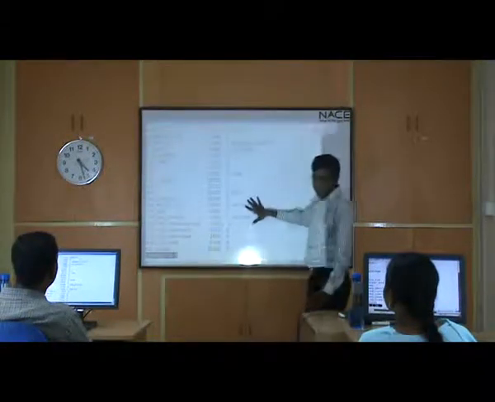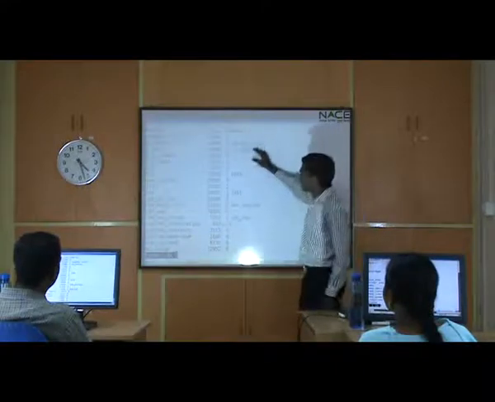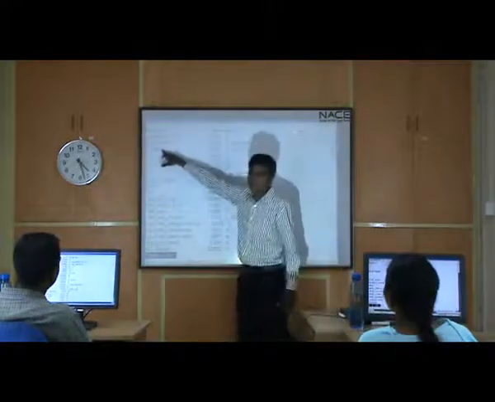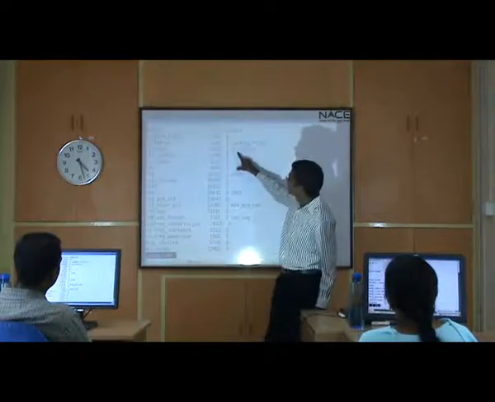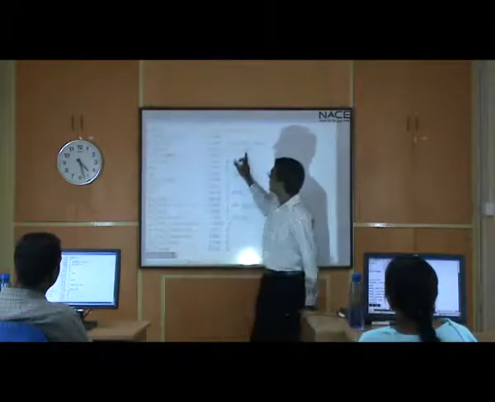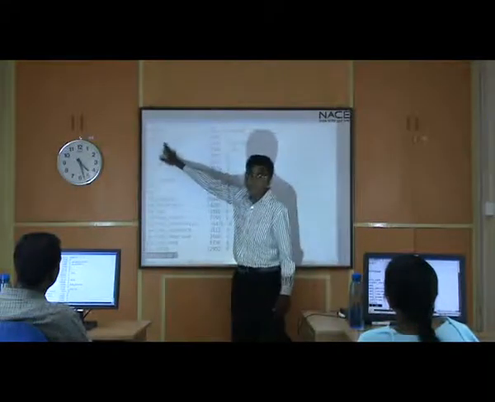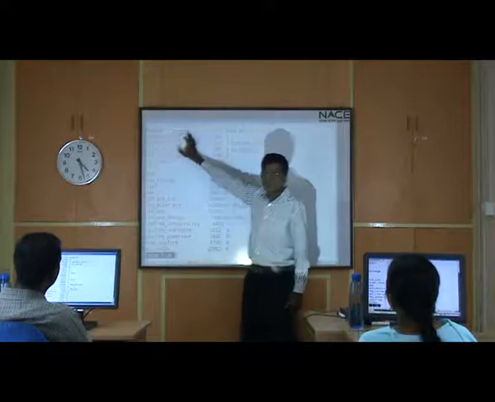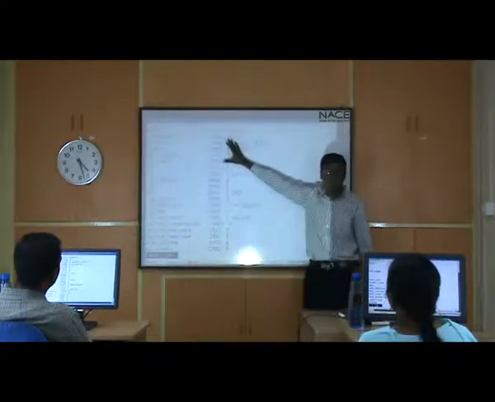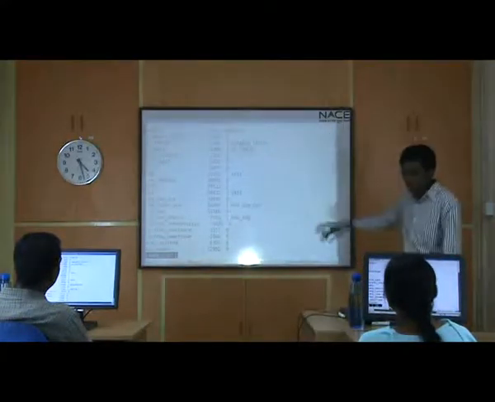And the last column is nothing but again kernel modules which depend on this kernel module. See the ip tables: x_tables is dependent on ip_tables, and here it is ip_tables, which is again in respect of this. So this is called dependencies. This will be handled by modprobe. Got it? This is called dependency.